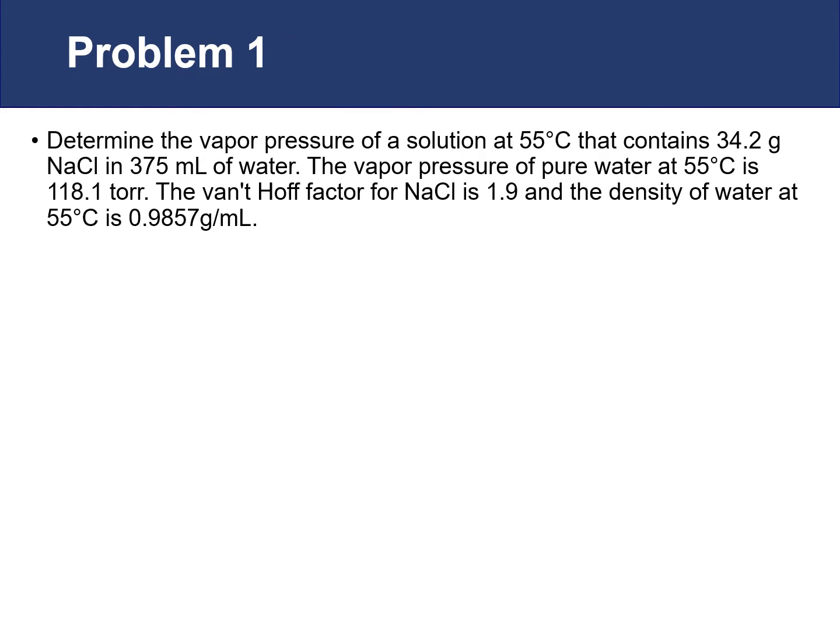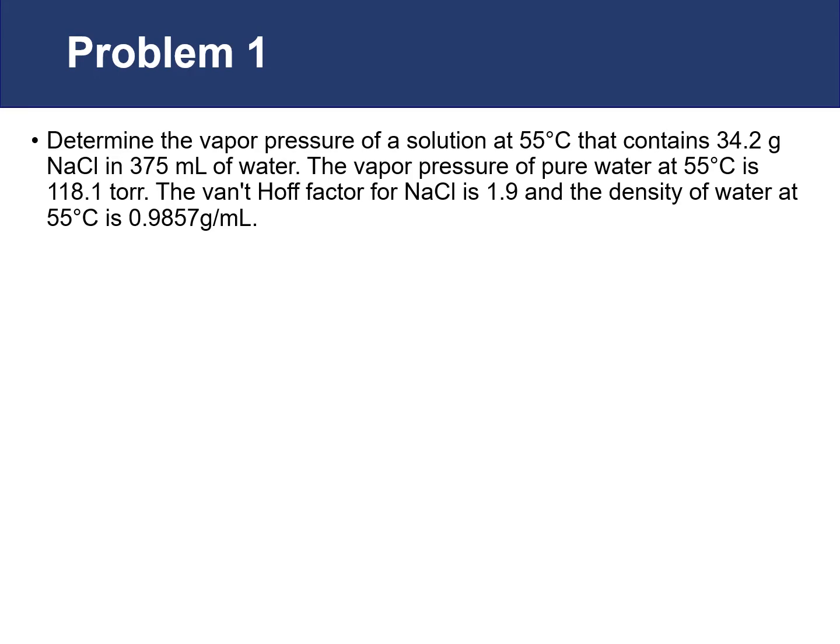Let's look at the Van't Hoff factor in effect. Problem 1. Determine the vapor pressure of a solution at 55 degrees Celsius that contains 34.2 grams of sodium chloride in 375 milliliters of water. The vapor pressure of pure water at 55 degrees Celsius is 118.1 torr. The Van't Hoff factor for sodium chloride is 1.9, and the density of water at 55 degrees Celsius is